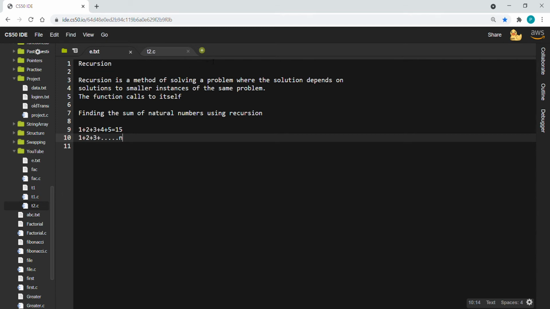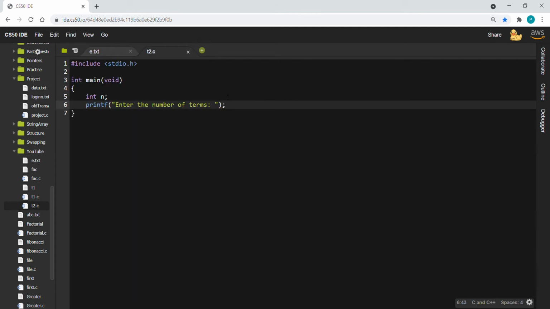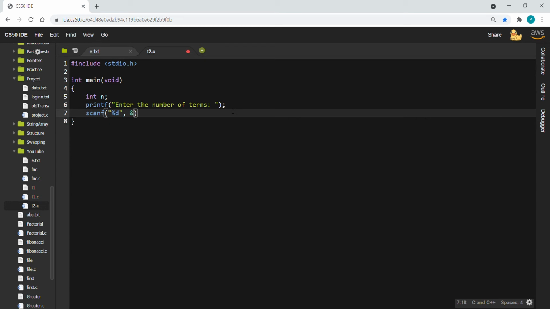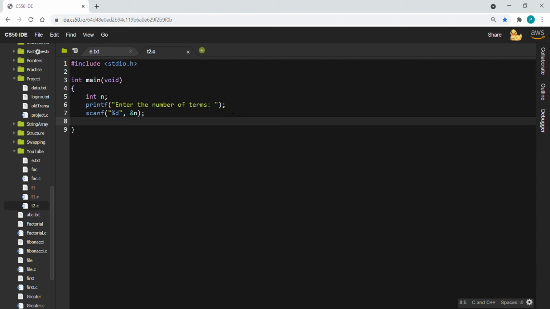The user should input it, and we input by using the scanf function in C, and here %d is the format specifier for integer type, and let me save it as &n. So all we are doing is asking the user for the number of terms, and now here the recursion